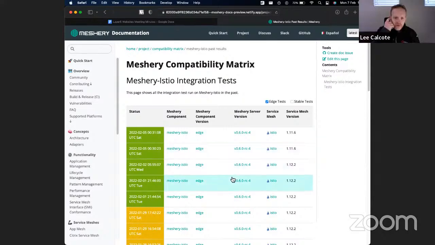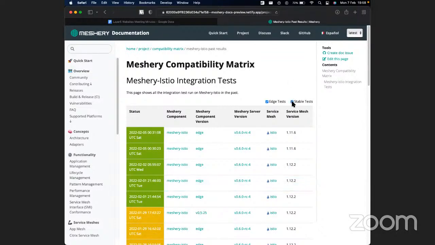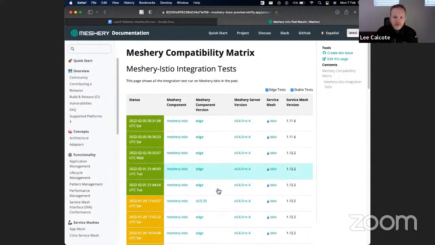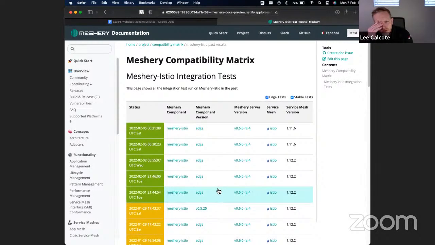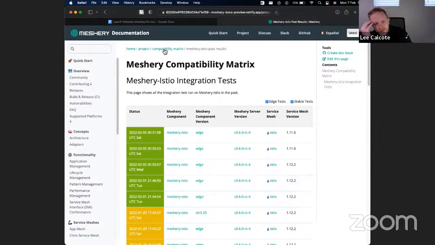Aditya, can you check mark stable tests again? Nice. Were you working towards showing only the latest edge or latest stable?